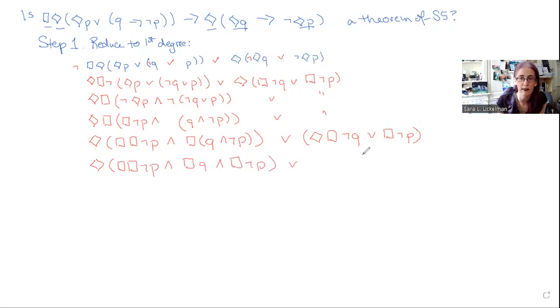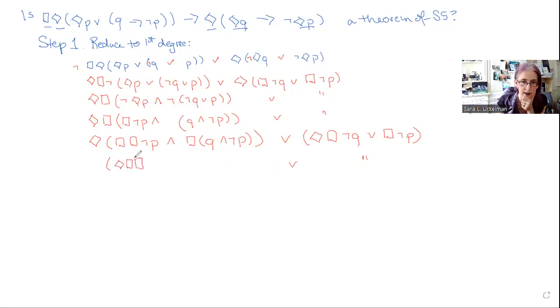Now, just to make things a little bit easier, I've dropped this internal set of parentheses because conjunction is commutative. We don't need to have the internal ones there. Finally, we've got this last possibility over here. Again, possibility doesn't normally distribute over conjunction, but it does when one of the conjuncts is modalized. So this allows us to, actually, did I do this in the way that I want to do? I actually want to distribute that diamond before I distribute the boxes. So let's just erase that for now and go back